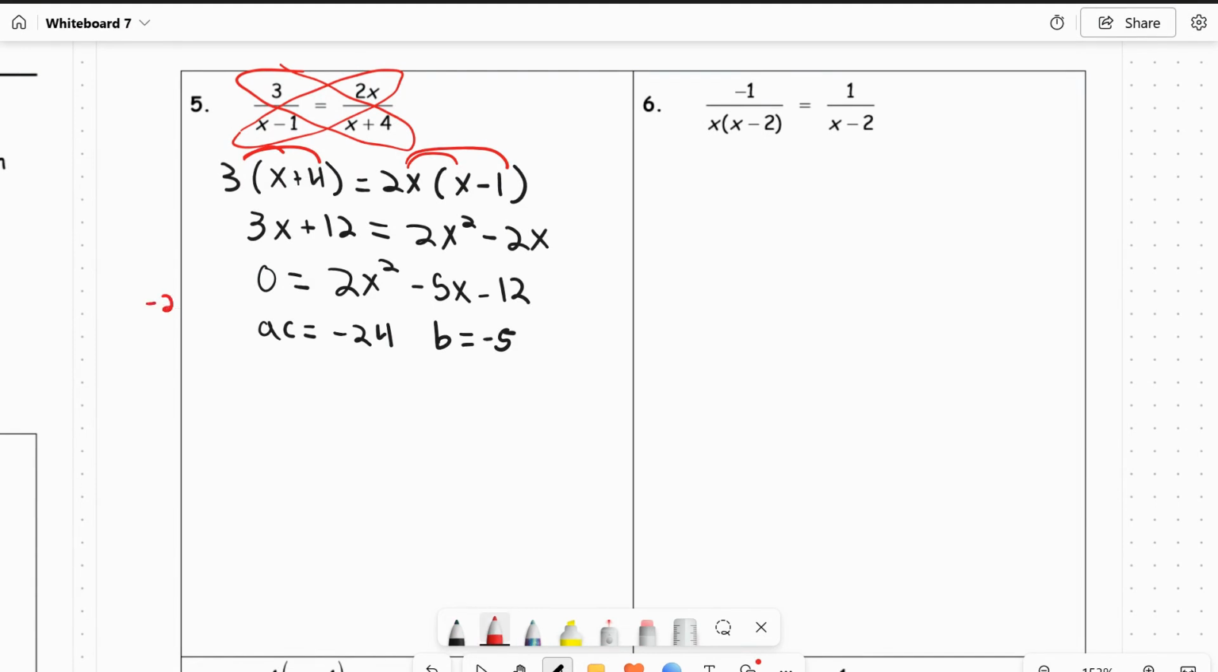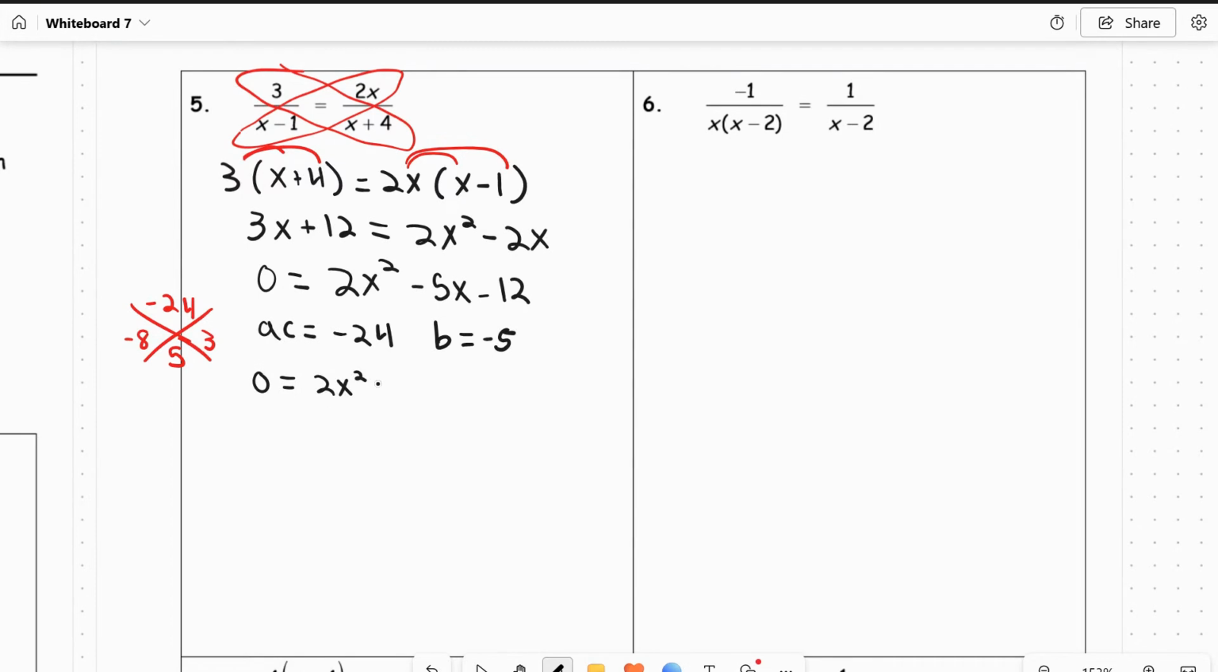So two numbers that multiply to negative 24 and add to 5, well, that would be negative 8 and 3. I am going to factor by grouping on this one. If that's not your preferred method, you can always factor any other way. So I've got 0 equals